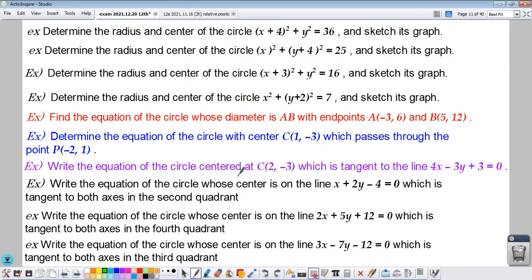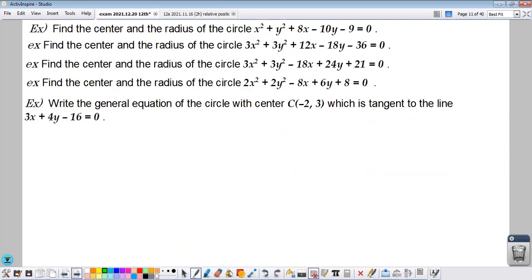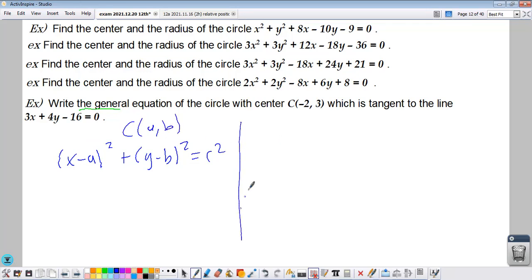Hi everyone. We have the questions about writing the equation of the circle or drawing the circle, finding the center point of the circle. So we have two kinds of circle equation. One is standard. Whenever you see "write the equation," you understand this is the standard form, and there is also the general form. The standard form is (x minus a) squared plus (y minus b) squared is equal to r squared. A and b are the center numbers, the center coordinates, and we have the general form x squared plus y